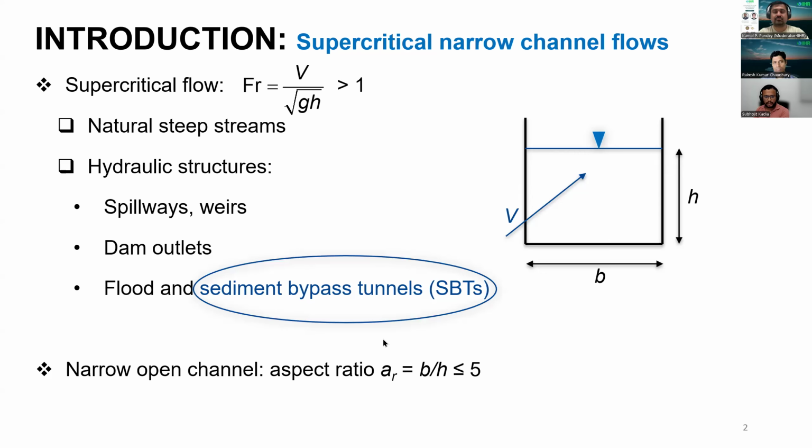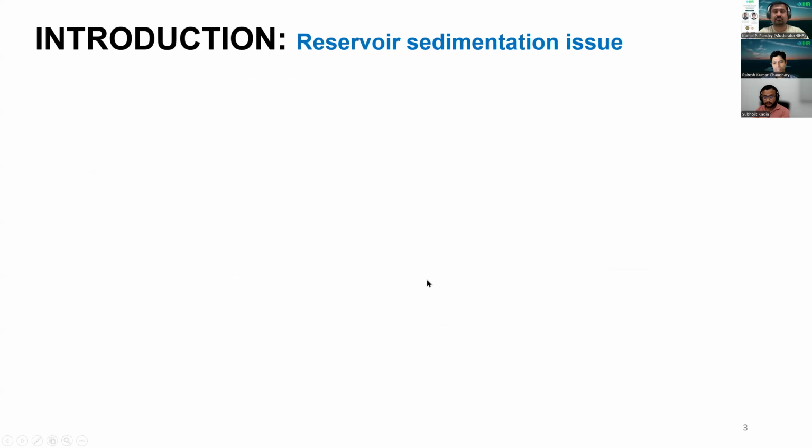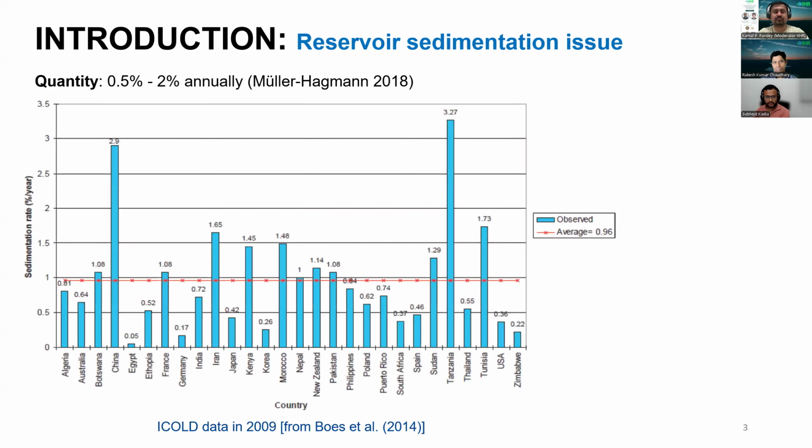And my research was mainly focused on this hydraulic structure, sediment bypass tunnels. Why sediment bypass tunnel? We know the reservoir sedimentation issue. Every year, around 1% of reservoir capacity is lost due to reservoir sedimentation. If we break it into different countries, we can see the severe situation in countries like China and Tanzania. In Nepal and India, I would say it's not as severe as compared to those countries, but on average, it is still quite challenging for the upcoming generation, for the sustainability of